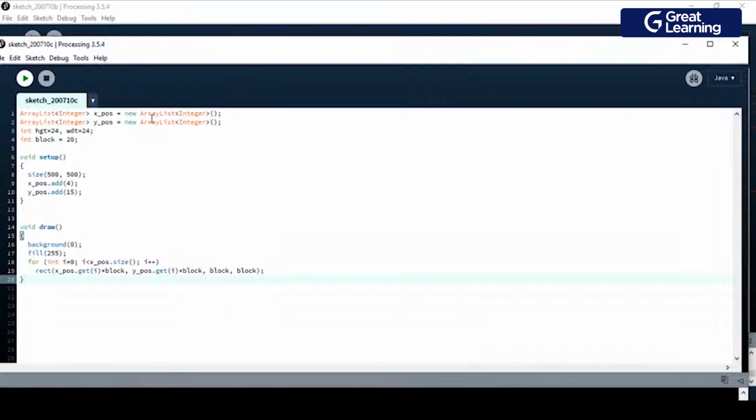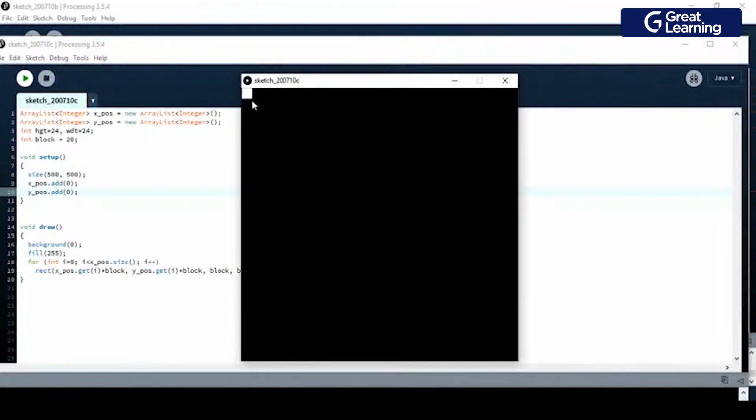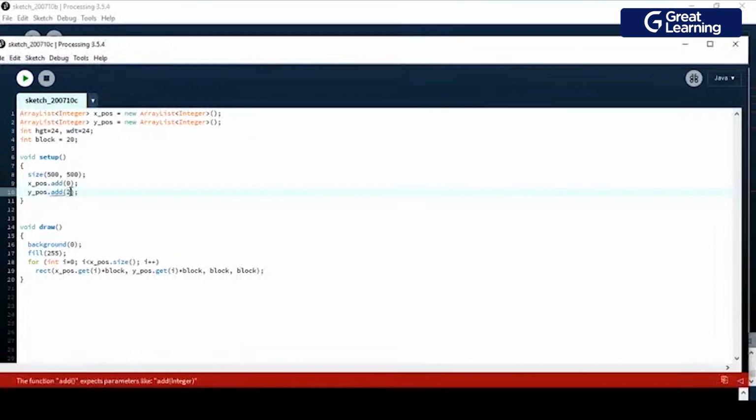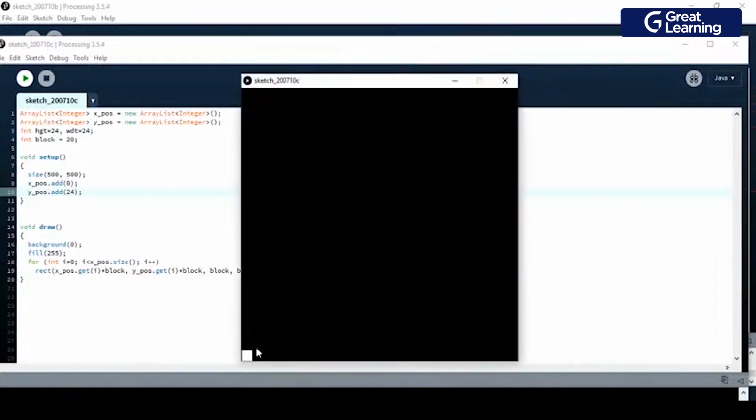Now let me show you one thing. So these are the two pointers, the head, the height and the width. If I change these starting points to 0 and 0, you just see what happens. Where will our pointer be? When I run this program, the pointer is at this location, the top left. Now when I change this to 24, it will be at the down position from the left corner side. When I run this, you see, here is the pointer. So we don't want it to be at the corners.